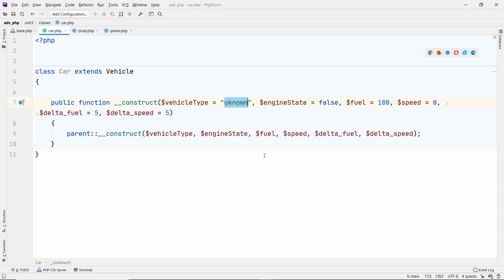So for the car, you can put a default of car instead of unknown, because the type will be a car, of course. Okay, so that's the default type. And the engine state will be the same as this. You have to pass all these through to make it work because the constructor has all of these. Again, you cannot overload a constructor in PHP. So however many fields there are, you have to provide exactly the same. If you miss it,